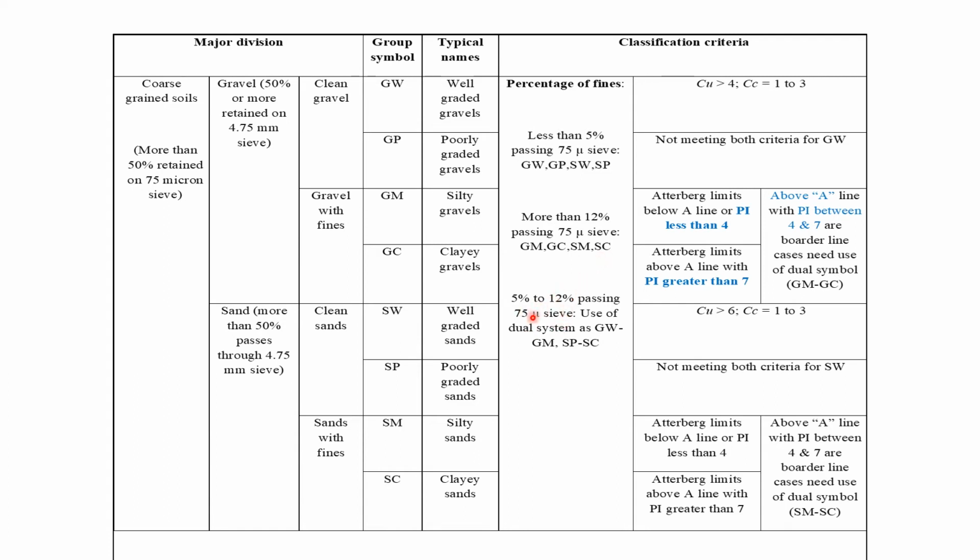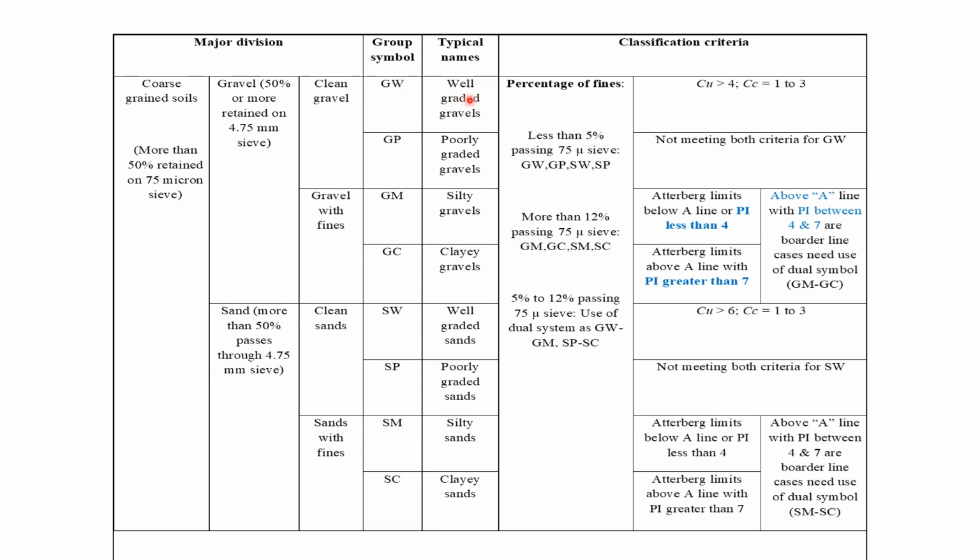तीसरा कंडीशन है, if this soil is 5 to 12% passing 75 micron sieve, in that case we can use the dual name GW GM, SP SC. Dual name हम इस्तेमाल कर सकते हैं। सॉइल का नाम हम GM रखें, GC रखें, GW रखें, GP रखें। These are the classifications, these are the nomenclatures, हम लोग नाम इसको रख सकते हैं. Further we can see here